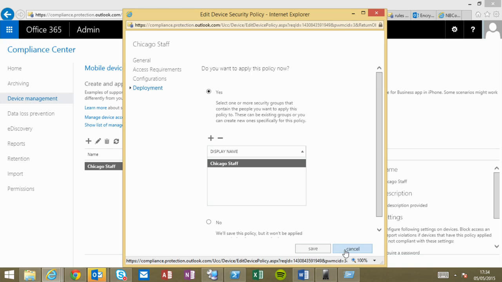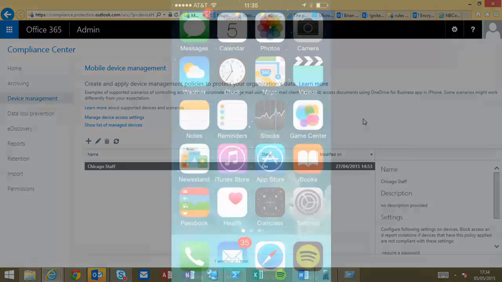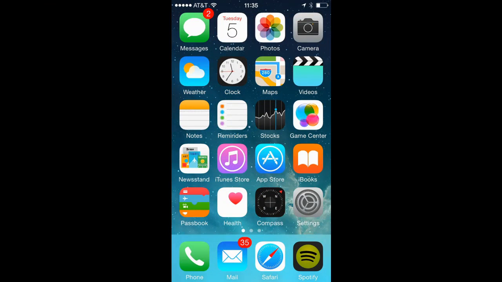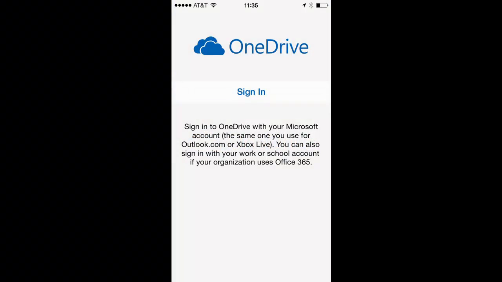So that's all been created, and deployment is the group or groups that I want to apply the policy to. So let's pop over to my iPhone, and let's try and have a go. We're going to use the OneDrive for Business app because it's a little bit quicker than doing it with